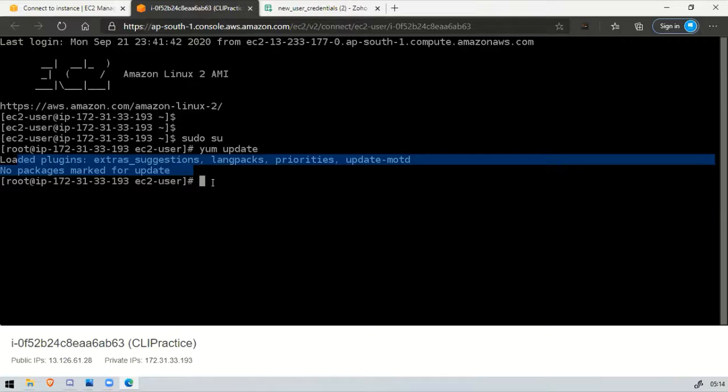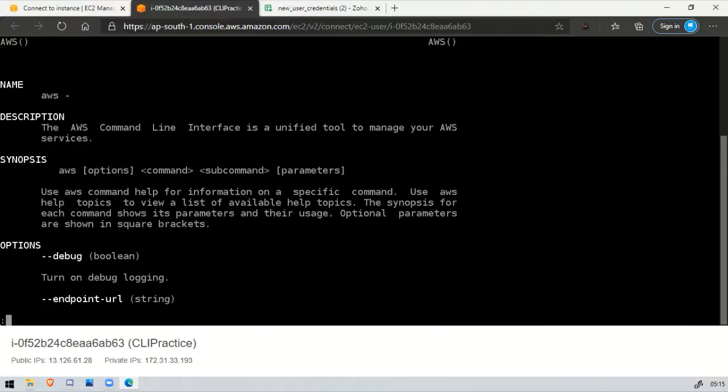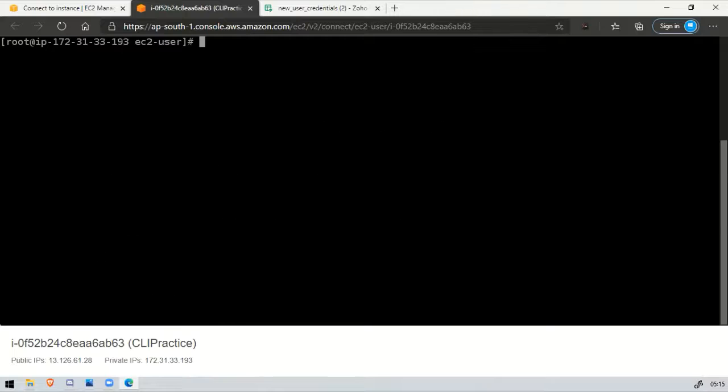To use the AWS CLI, you have to type aws and the service basically. If you want a brief description about the aws command, you can type aws help and hit enter. It will open up a document. You can give it a read. I will simply press Q to exit it, and clear the screen. Let's access the S3 bucket.